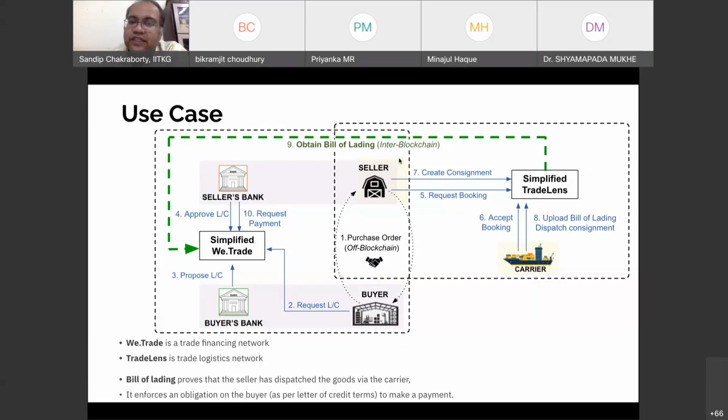So the seller actually works like a gateway to transfer the information from the TradeLens to the WeTrade network. The relay service running at the seller knows that this particular node is connected to both blockchain networks. So whenever you want to transfer information from the TradeLens network to the WeTrade network, you take the relay instance for the TradeLens network running on the seller machine. At the same time, the instance of the relay service for the WeTrade network, running at the seller's machine, and those two relays talk to each other to transfer the information from the TradeLens network to the WeTrade network.